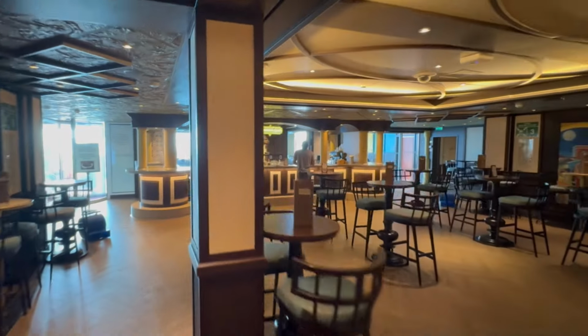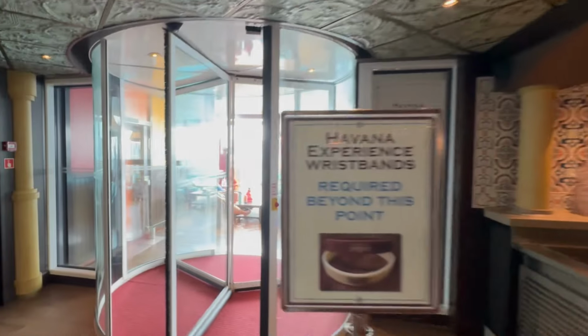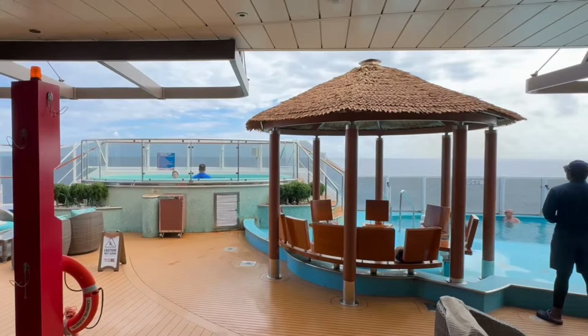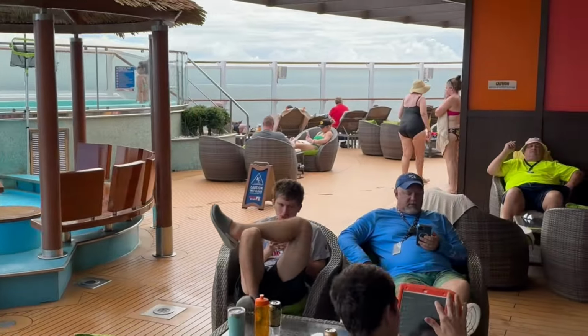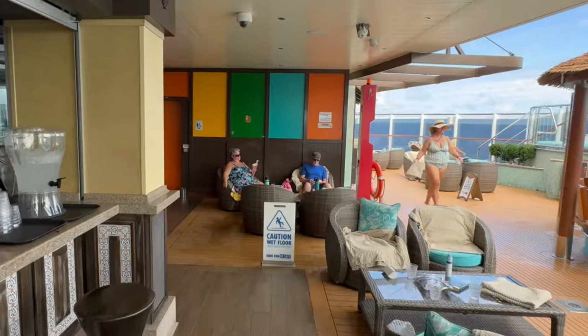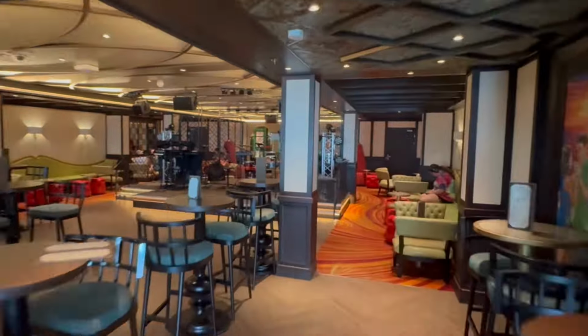Now the Havana area on the outside is restricted to the people that are Havana guests, and those rooms typically cost a good chunk of money more. But this back area here with this pool and 2 hot tubs, it is a lot of fun. I highly recommend it. If you've got a little bit of extra money, you will love this Havana area. The Havana area on the Vista class ships, not the XL class. I wouldn't recommend those for the extra price, but on the Vista class ships, I highly recommend this area right here. I've stayed back here multiple times, and I'll tell you what,